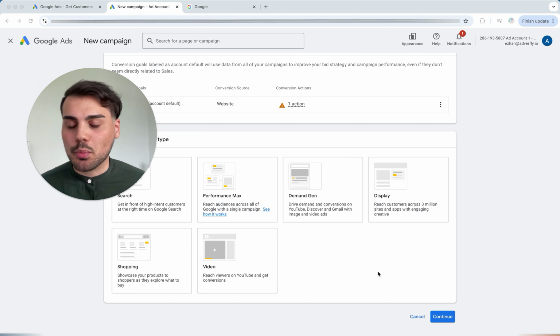Then we have the shopping ads, which should probably be familiar to you. For example, if you search for a product on Google, you will usually see a carousel with product images at the top or product prices and the like. That would be the product area, which means that would be the carousel above the search queries.